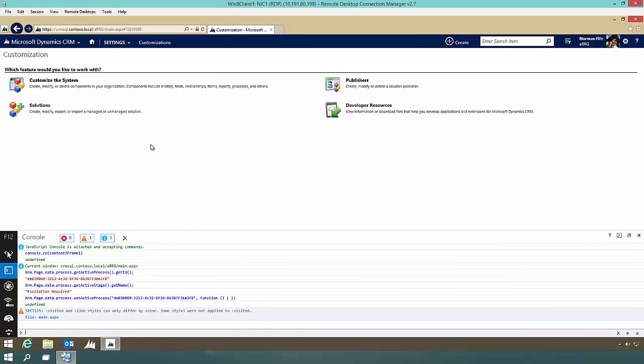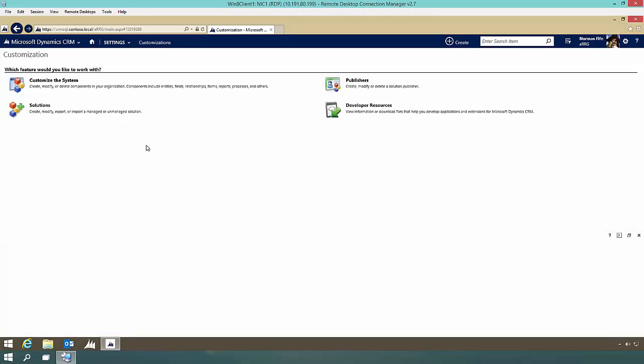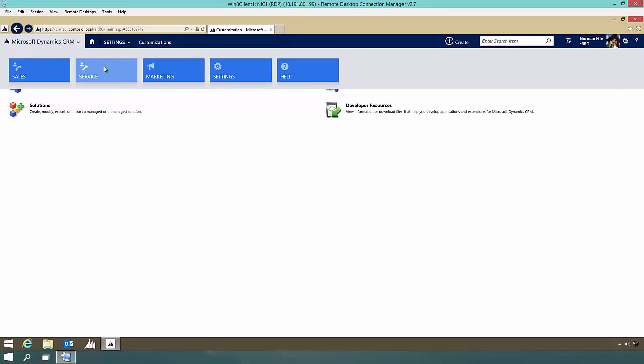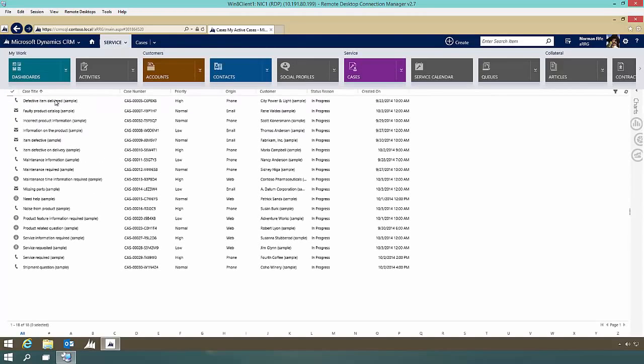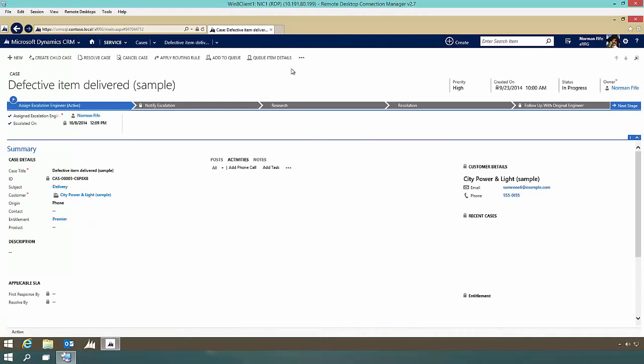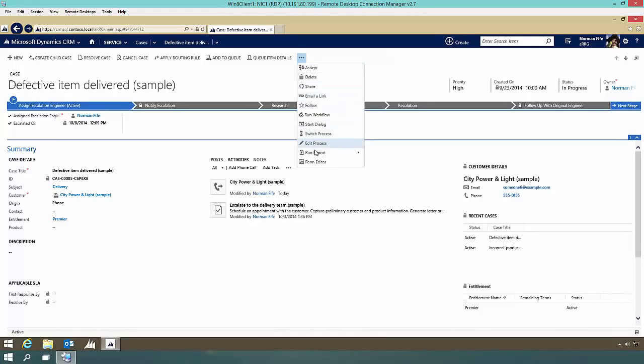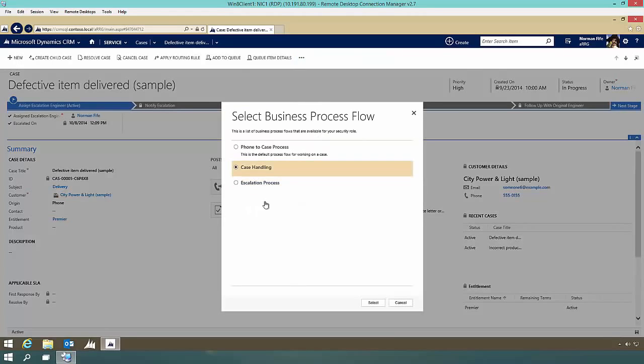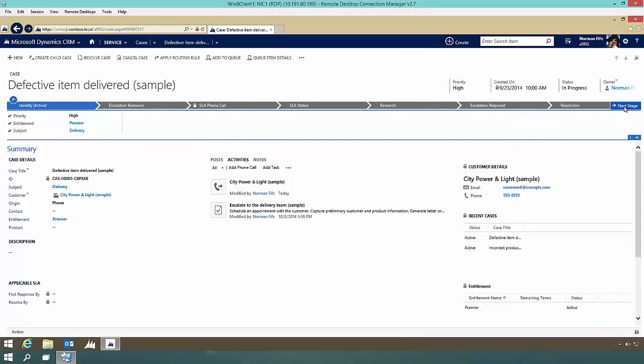Let's go back into the case entity. At this point, I don't need my console session, so I'm just going to hit F12 and close it out. We'll go back into the same case that we've been working on, and let's change the business process flow back to the case handling one. Let's click through each one of these stages. Now that I'm on the research stage, I can see that require escalation is set to yes, and the escalation required stage is enabled. So I should expect that clicking on next stage should take me to the